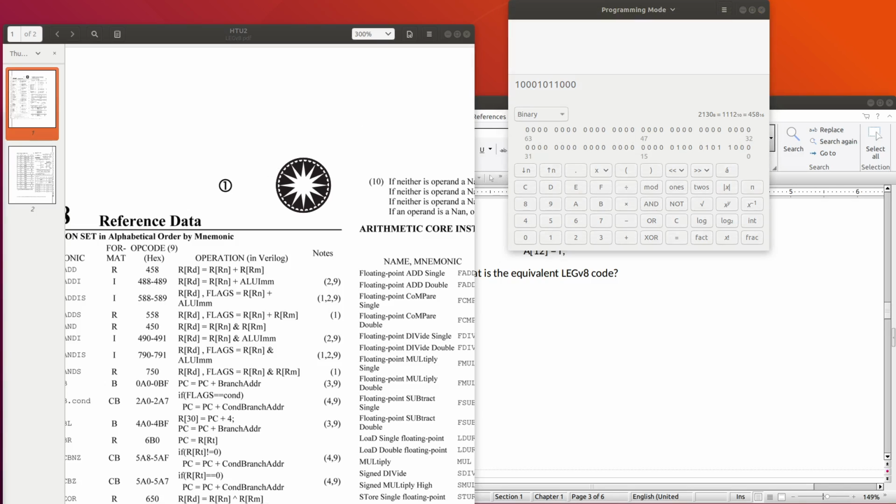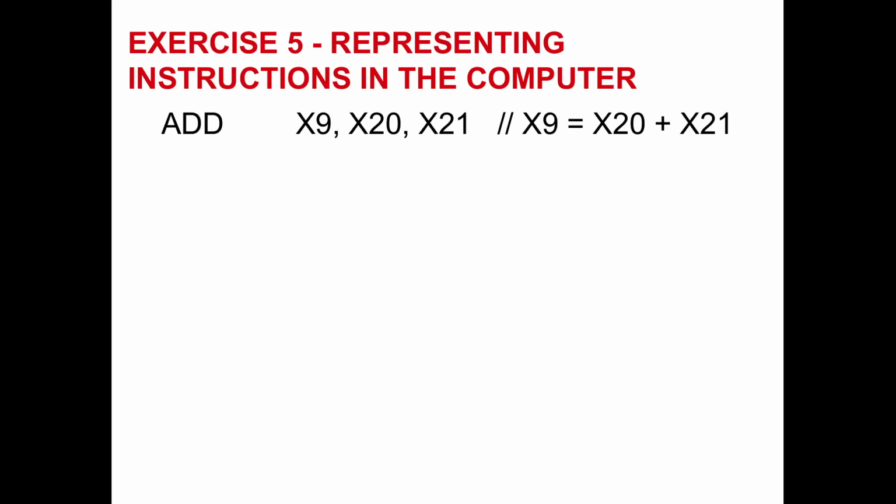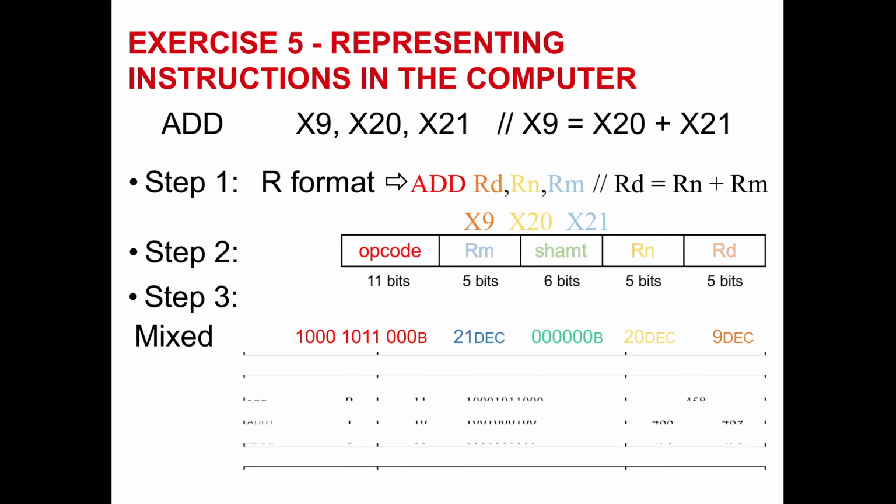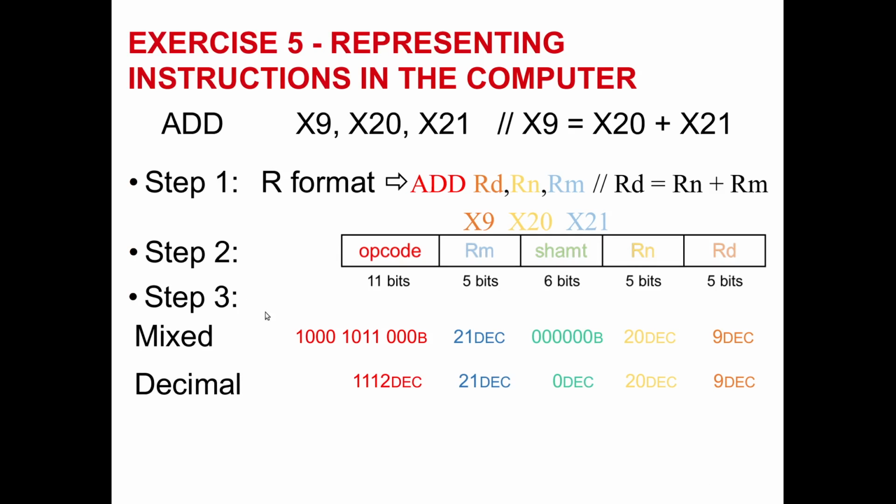So we come back to our slide and we convert this into decimal. It is 1112 in decimal, and another value like 21, 20 and 9 are still in decimal, so we keep it like this. This all 0 bit will return to 0 in decimal also. Now we convert all these values into binary, so these are binary already, so we just copy it here.